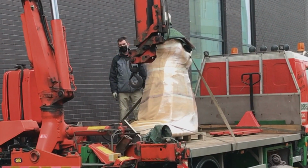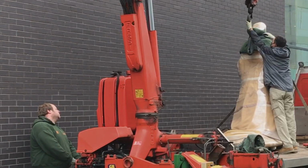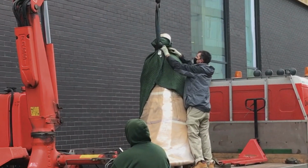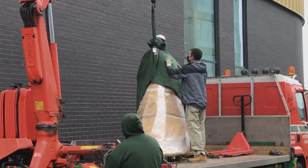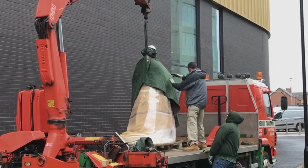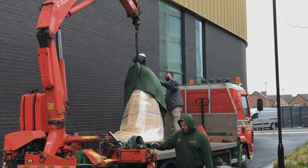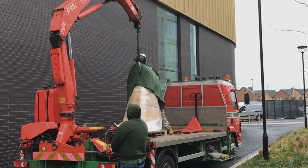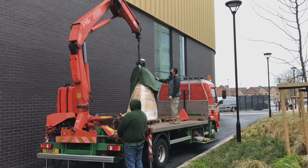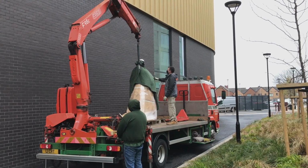We all sat there with bated breath as the delivery team slowly worked on the female figure and was fastening the hoist, and much to all of our shock and horror, they fastened the hoist around the neck of the Pilgrim Woman. And we were all sort of whispering to each other, surely they're not going to lift her up